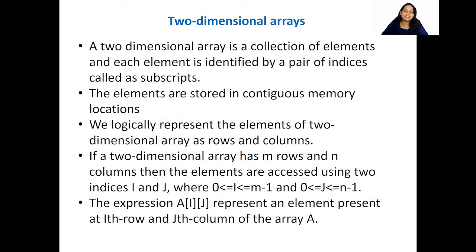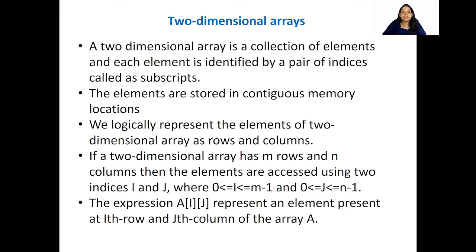We are learning the lesson data structure and in data structure we are learning about arrays. So we have seen till now one-dimensional array, the various operations we perform on those one-dimensional arrays. So totally 6 algorithms we have learned till now, isn't it? So today we are going to learn about two-dimensional array, and with today's session we are going to end this array part, okay? From the coming session we are going to learn about stacks, okay? So let's go ahead and see what is a two-dimensional array.